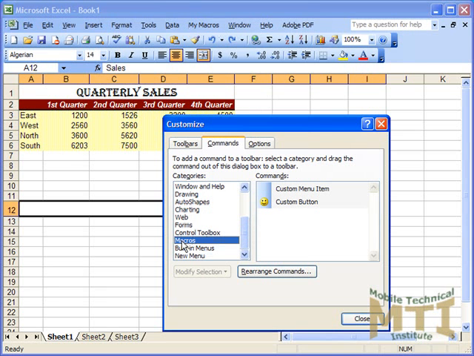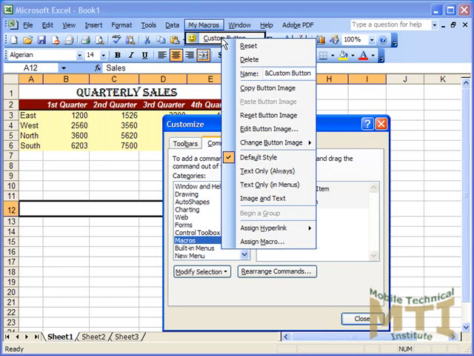So we'll go to Macros, and you'll see here it says Custom Button. We'll grab it, and drag it up. And you see it wants to open up in there. So we're going to nestle it right in that new button area and let go of it. And so Custom, we're going to right click, as long as the Customize window's open. And you don't want to take out the ampersand symbol. You just want to put your new title in. So we're going to put in